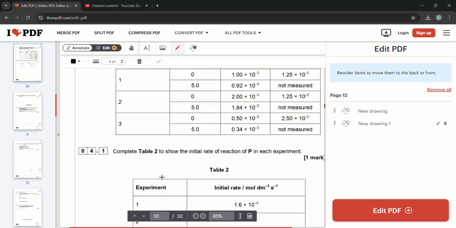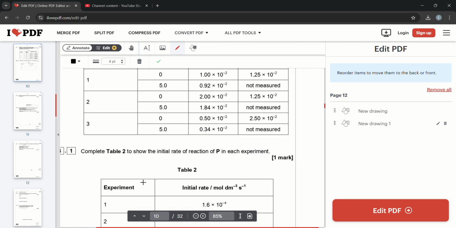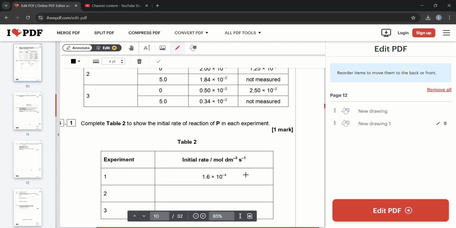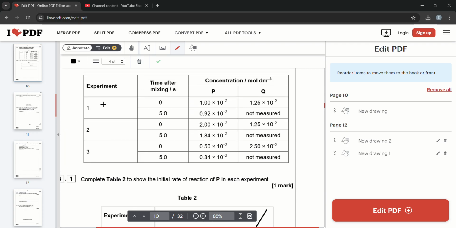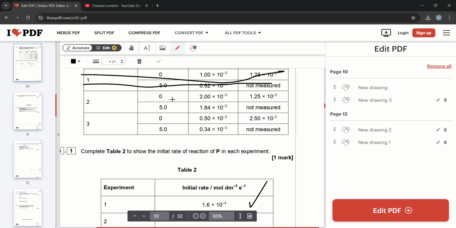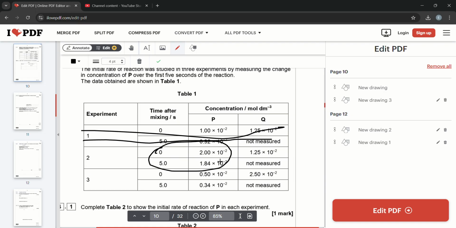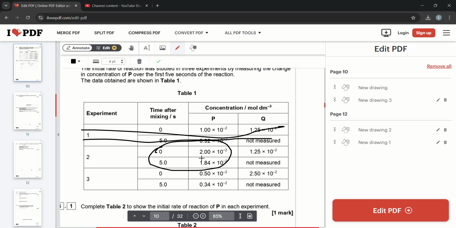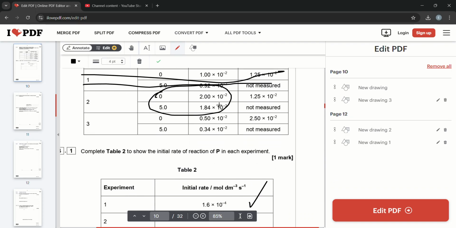Question 4. Complete table 2 to show the initial rate of reaction of P in each experiment. So we've got experiment 1, that's done. We need to do experiment 2. So we're given these values, right? To find out the initial rate, all we're going to do is the change in concentration divided by time. So for this one, for experiment 2, is going to be